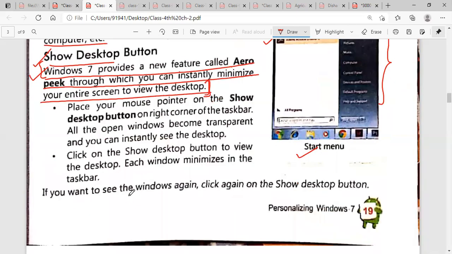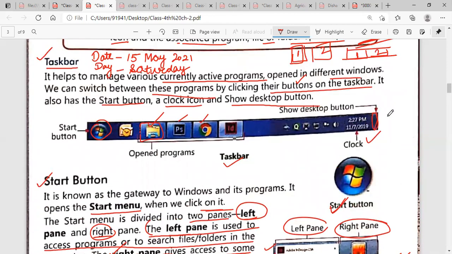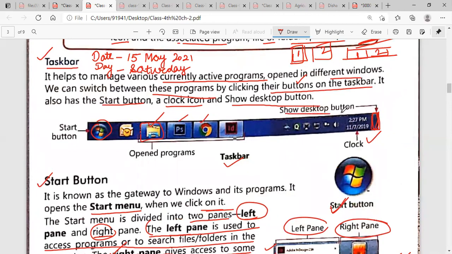Now, the next step is to place your mouse pointer on the show desktop button. I have shown you here that this is the show desktop button. It is used to show your desktop.